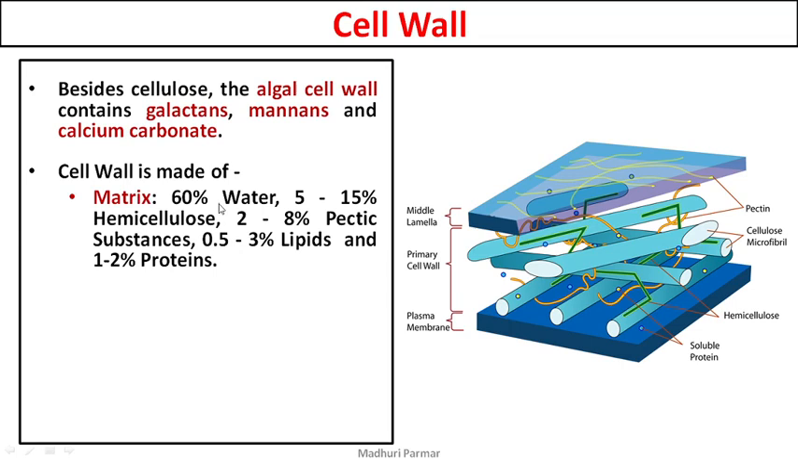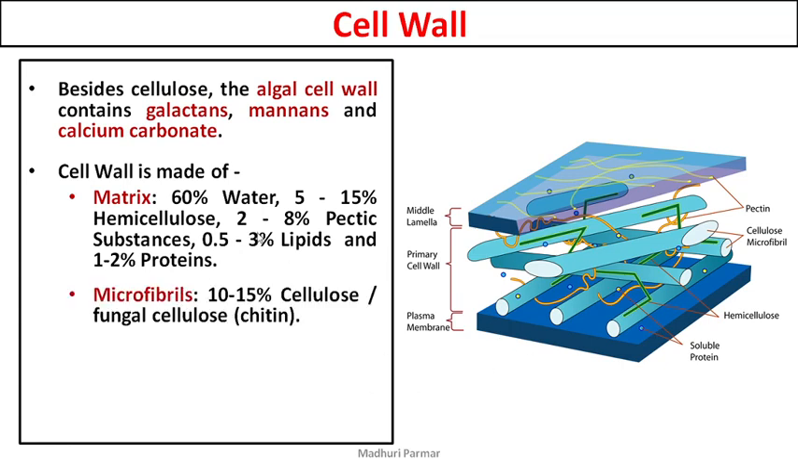So matrix is 60% water, so it is majorly made up of water. It has 5 to 10% hemicellulose. These green colored fibers you see are hemicellulose. They are part of matrix. 2 to 8% pectin. These yellow colored fibers that you see are pectin. 0.5 to 3% lipids, a very small amount of lipid is also present, and a very small amount of proteins. Some soluble proteins are present in the matrix part of the